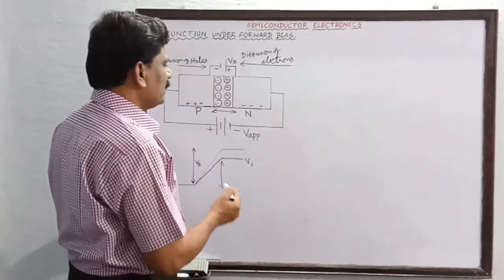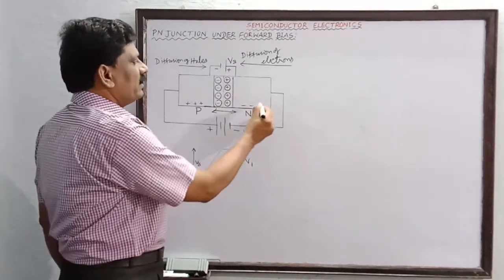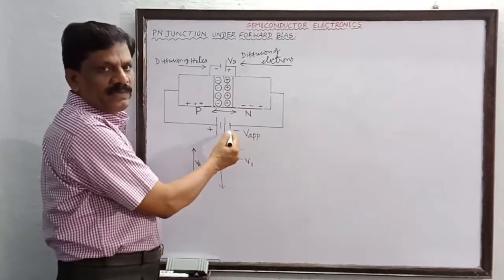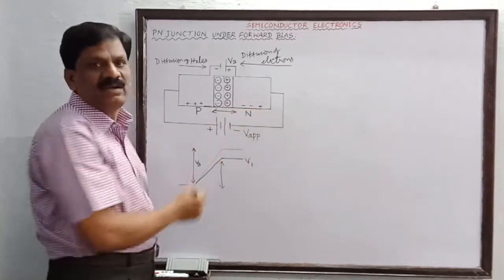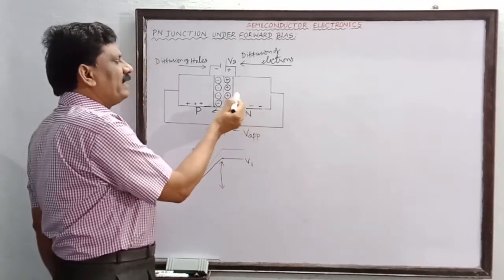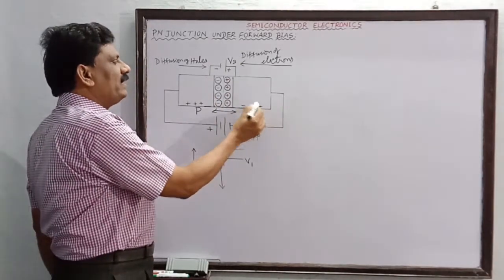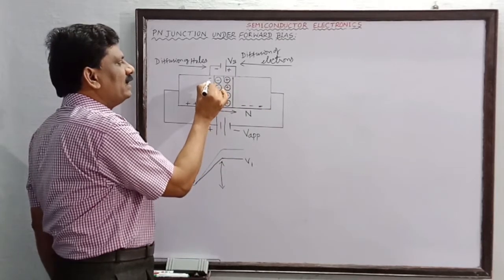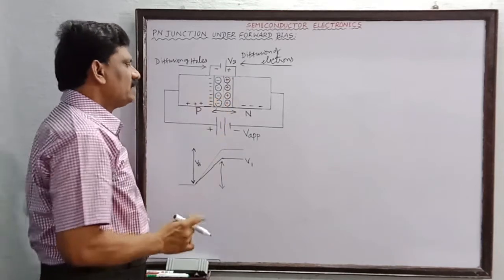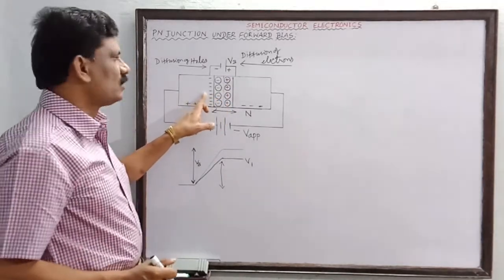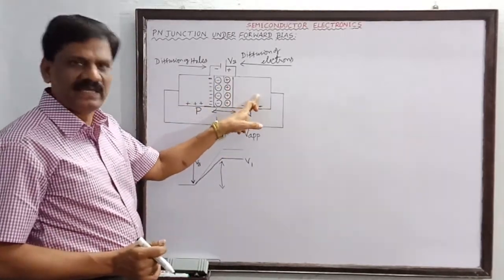Now the last set of points we are going to explain. You will see, students, in the N region electrons are the majority charge carriers. The N region is connected to the negative and the P region is connected to the positive. As a result, these electrons from the N region will be accelerated towards the P region. Understand? So the electrons present in the N region will be accelerated towards the P region and they will be concentrated near the junction, very close to the P region of the junction. So these electrons come here due to the acceleration of the negative charges present in the N region.